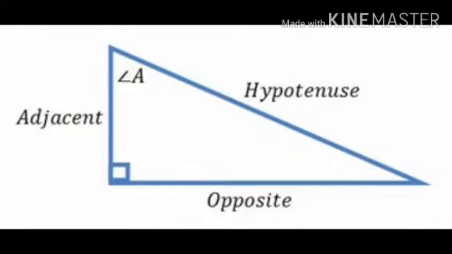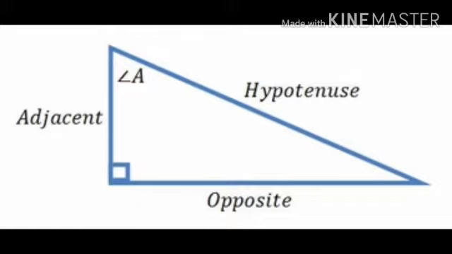Now we are seeing a right angle triangle. A right angle triangle has one right angle and two acute angles. Take one of them as theta. When we take the angle theta,